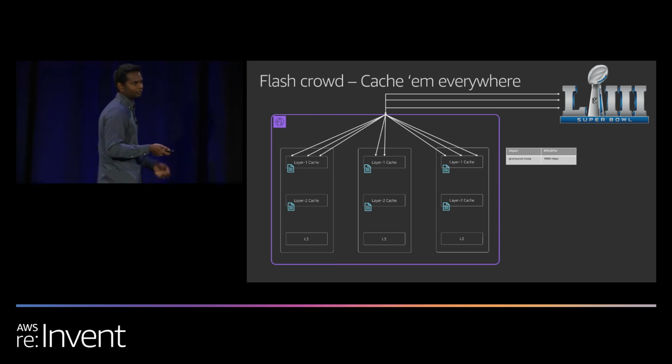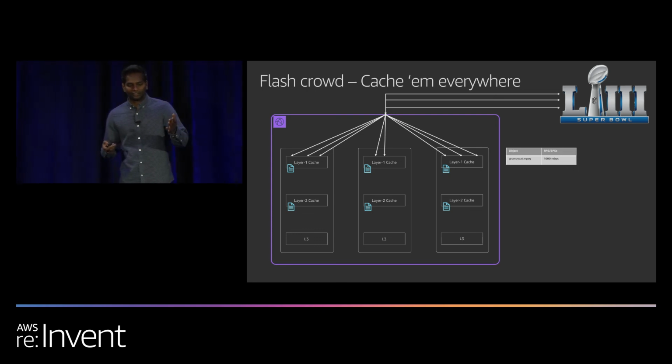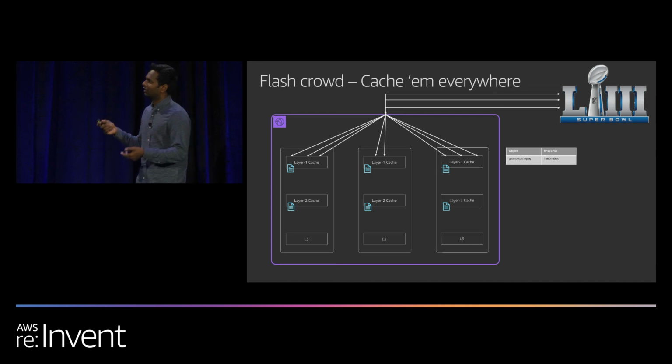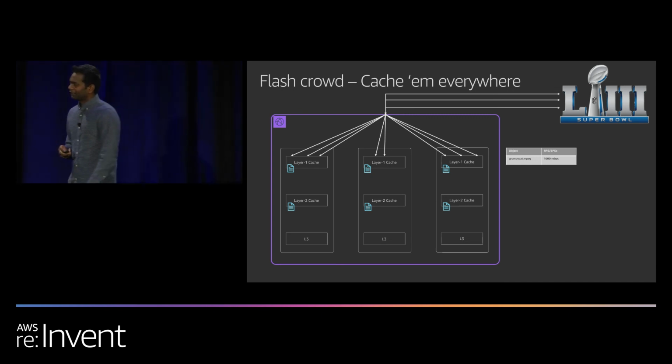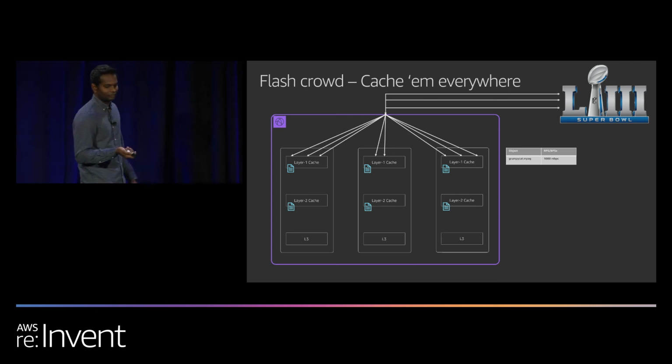And from this point onwards, any other new customer who's watching the video stream from the beginning will not even reach the L2 to serve the content. We'll serve the content right away from our L1. And that's the best case possible for our customers. It provides the best latency and throughput.